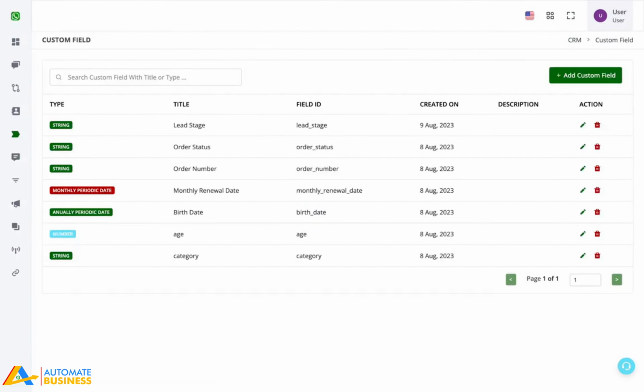Now I have a custom field named lead stage. You can create a custom field easily from here, and I already have created it. So I want to trigger a different series of messages or a drip of message flows whenever the lead stage